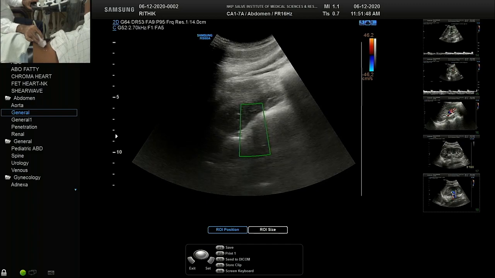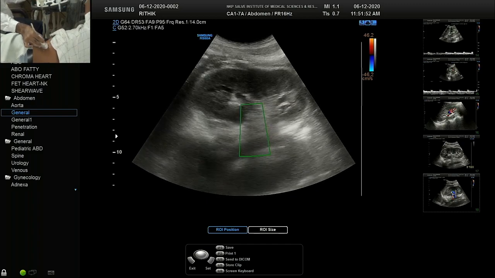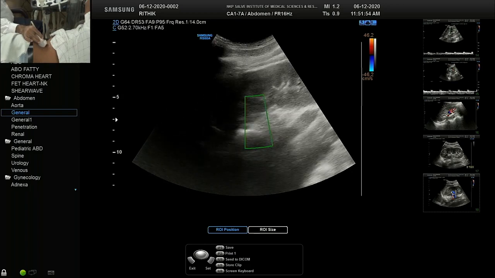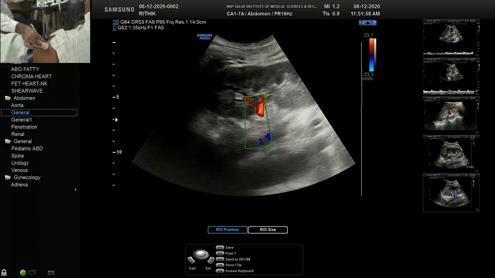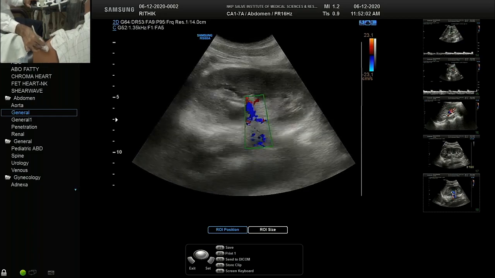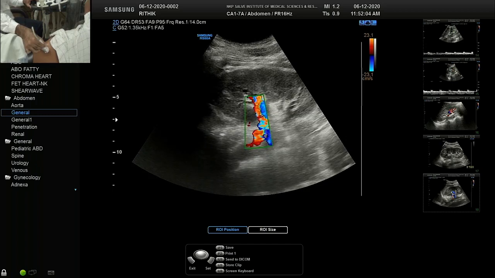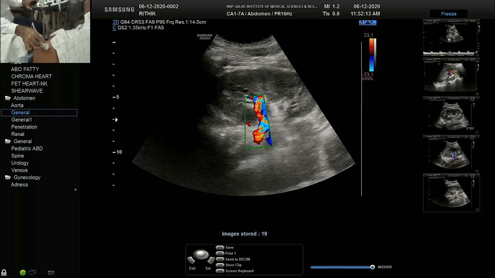Yes, take a breath, hold it. So that is the renal artery. This is quite a good view to see the renal artery origin. We can see it almost end on, like a middle cerebral artery in a fetus. We see with minimum angle. We can see this here.